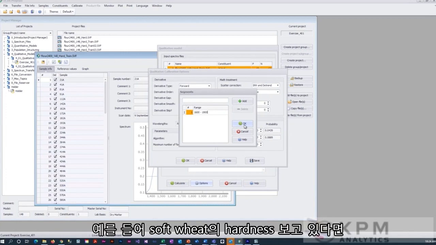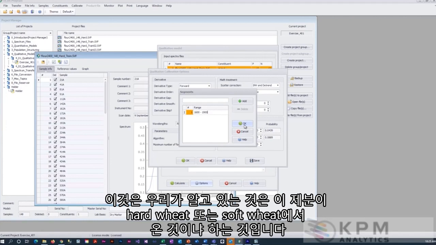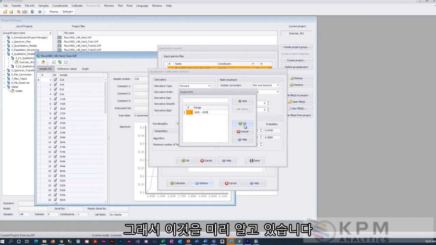For example, in this case, we're looking at: is it hard wheat or is it soft wheat? Did the flour come from hard wheat or soft wheat? So this is something that we knew ahead of time. If you put this